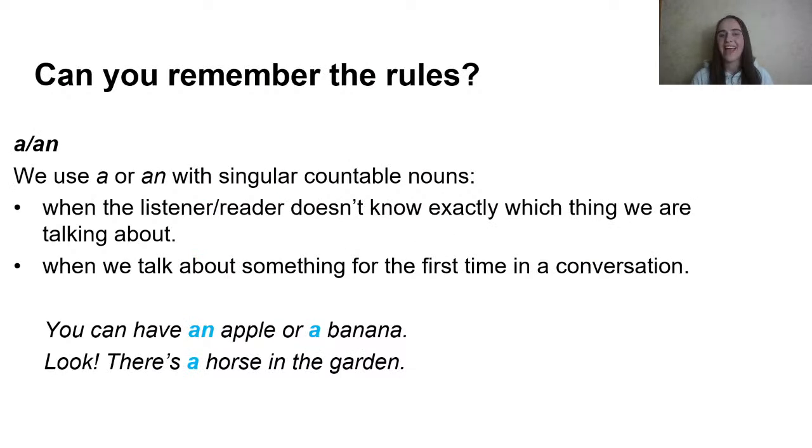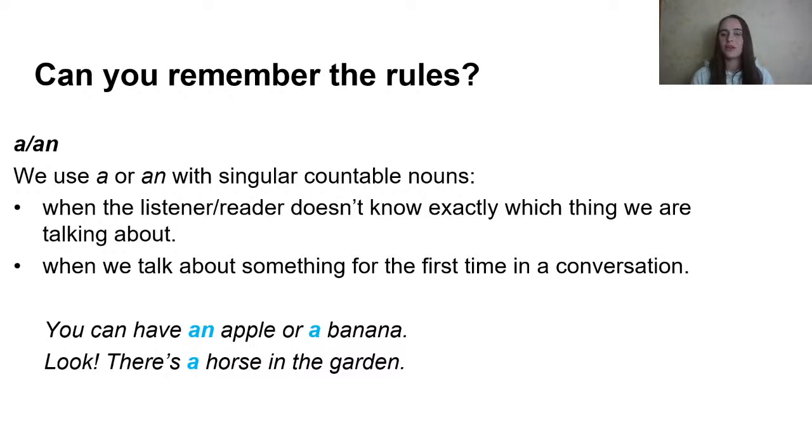What about the next one? The thing that I would like you to do is to just pay attention to the rule. Try to remember this rule. We use "a" or "an" with singular countable nouns. That means the nouns which we can count and which are in a singular form. For example, apple, one apple, right? We can count the word apples, bananas, and we can also always use "a" with only singular words, one apple, right? An apple.